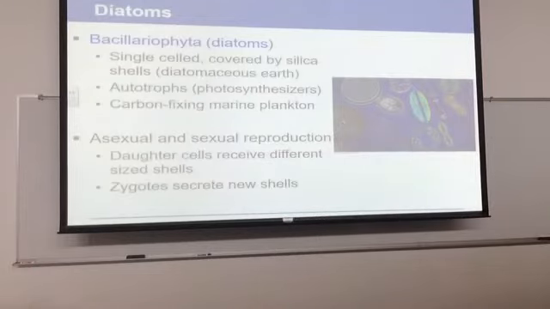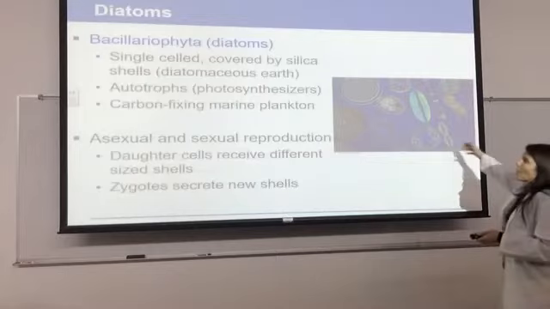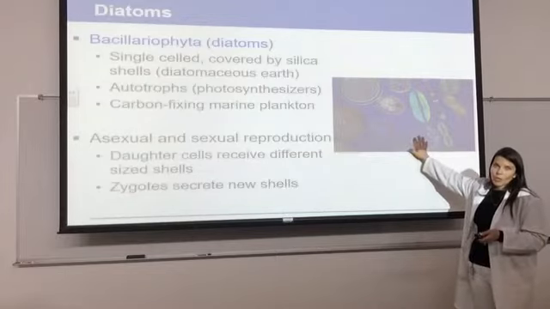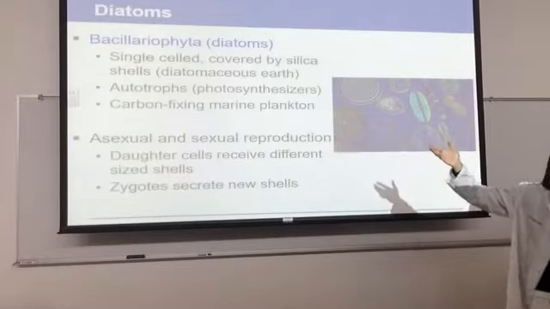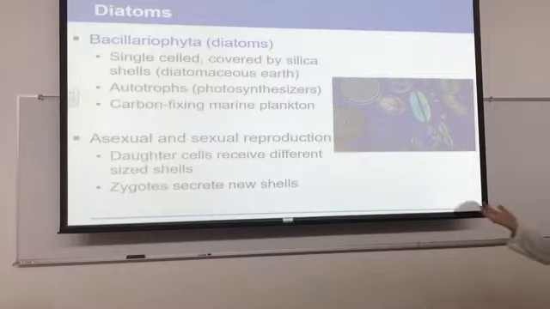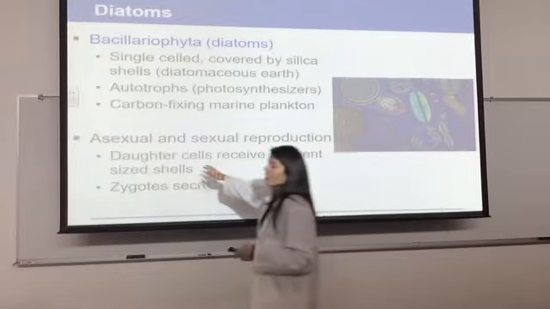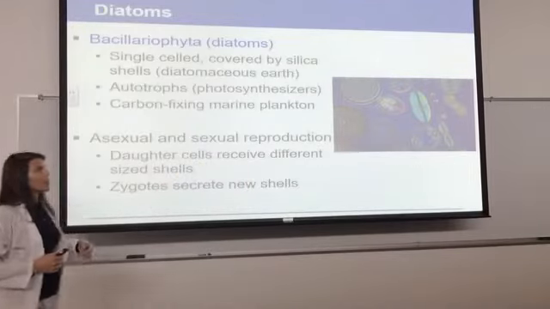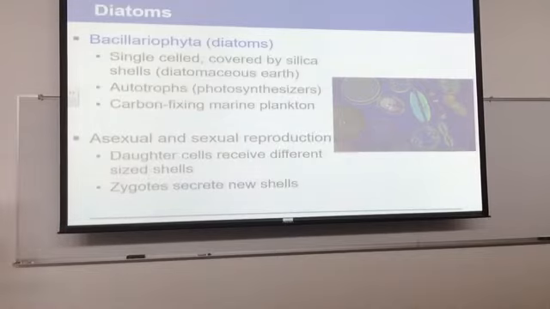When we look at these diatoms, and this is what we put together as diatomaceous earth, if you've gotten to that part of the lab, it's pretty cool. They have very unique structures and shells. They don't look the same. Some of them are autotrophic, some of them are heterotrophic. There's a range of diatoms. Some of them are able to asexually reproduce, and some of them sexually reproduce.